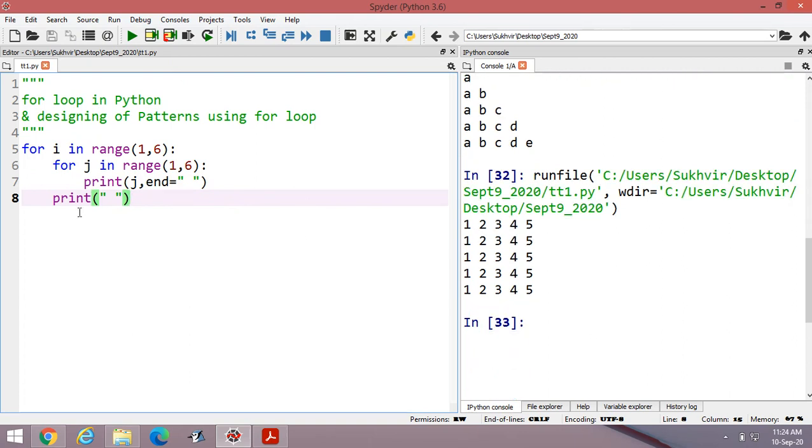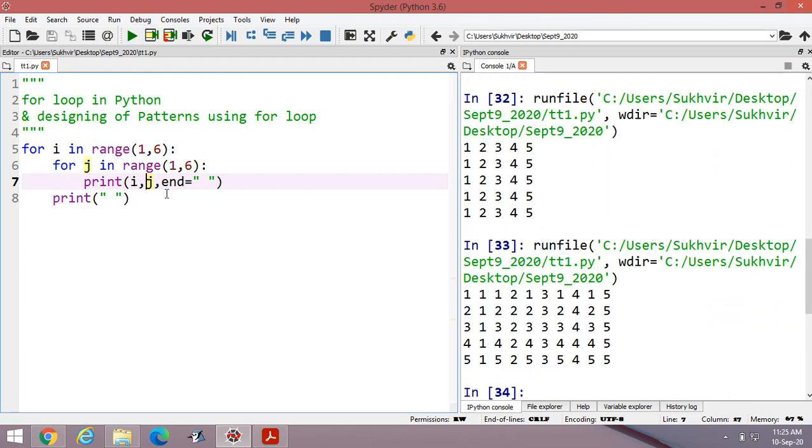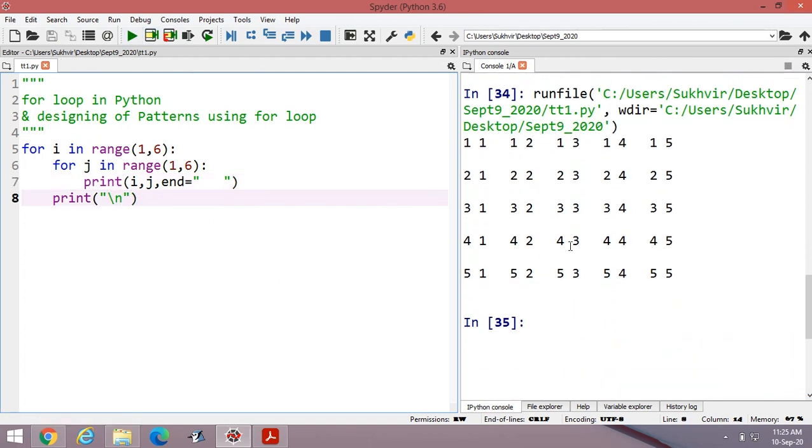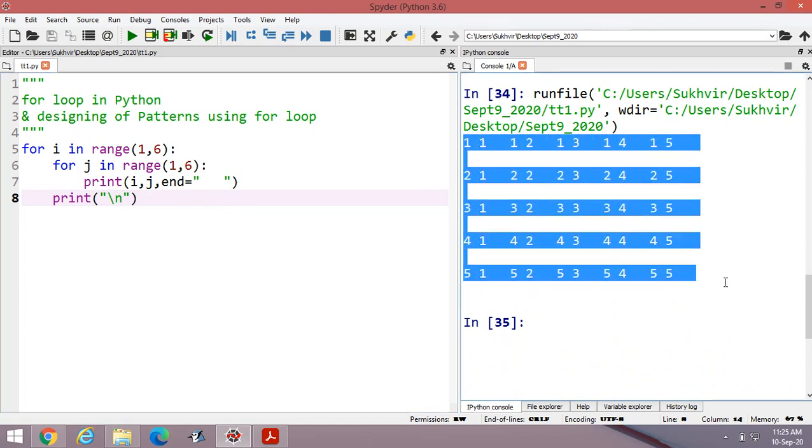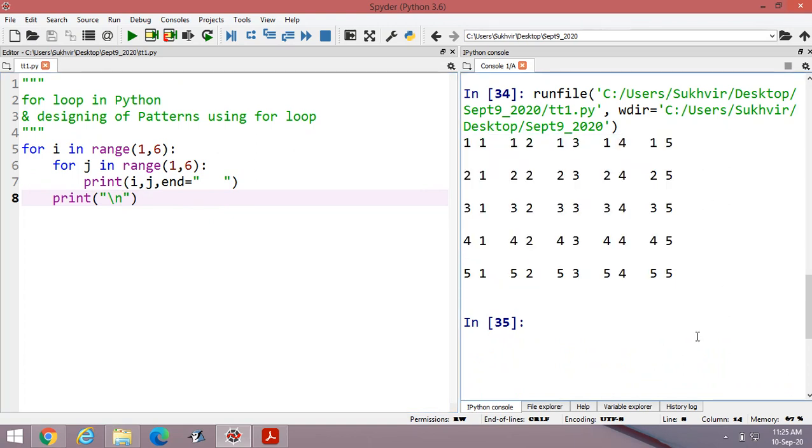This one is the output. If I am printing i and j both, now check the output. And here, if I write a new line, you can display the data like this. These are all the values of i and j.